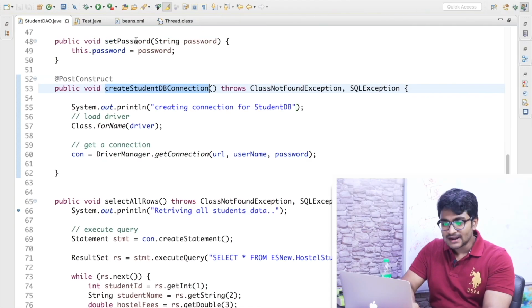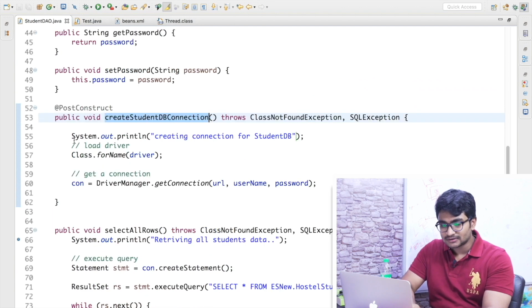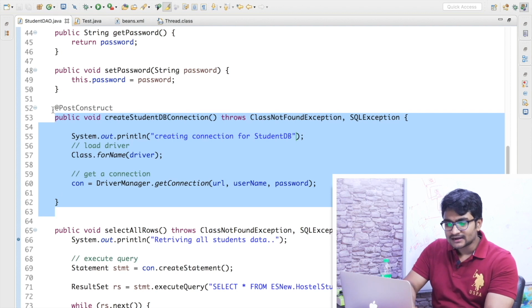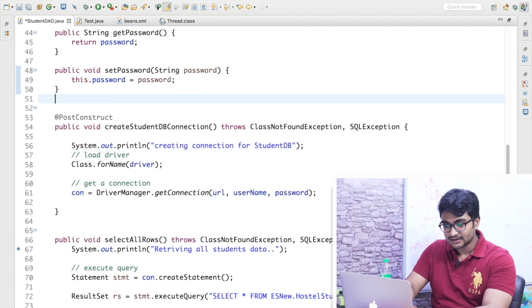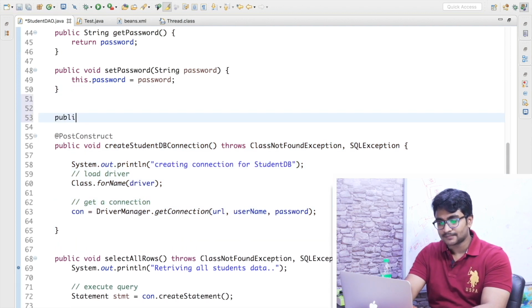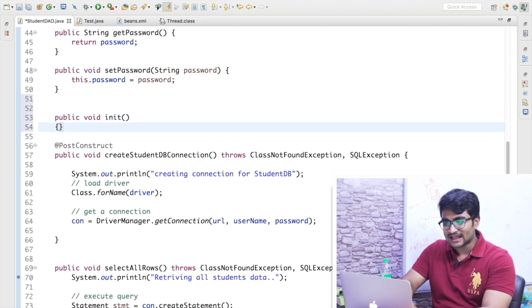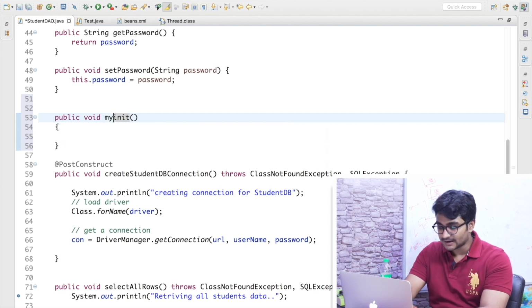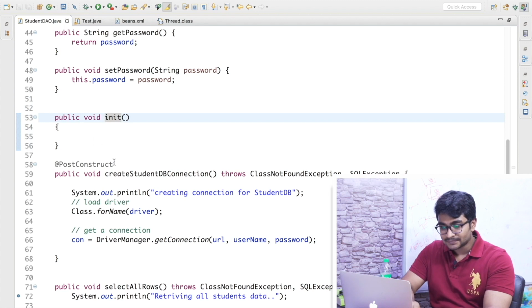Rather than making this my init method, I'll create an init method right now. Let's say public void init. I can name it anything, I can say myInit, that's also fine. Let's say init method. And inside this init method, I'm going to